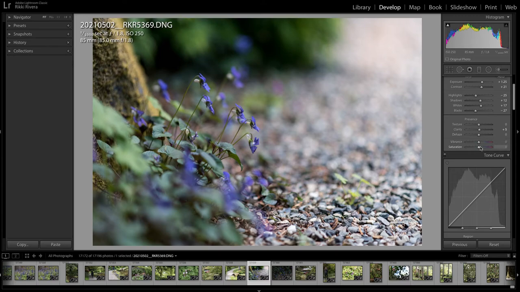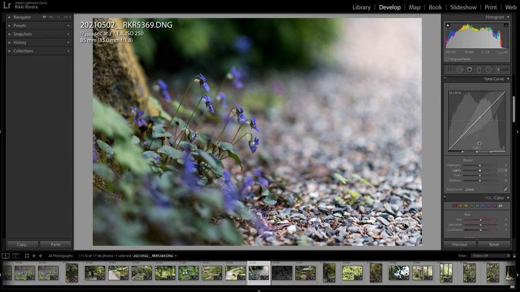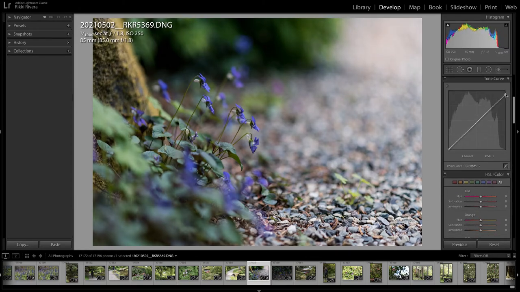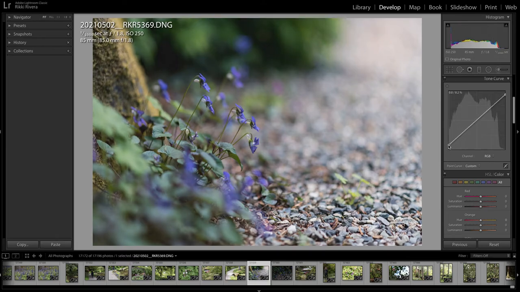I keep a little bit of clarity. We could bump up the vibrance a touch if we wanted to here. And then let's go ahead and adjust the tone curve a little bit, and we're going to go with just a gentle S curve here and kind of see how that looks. So that looks really nice, I think. It's a little matte finished here, so it's not quite as much of a pop as I like, but I also find that a bit pleasing